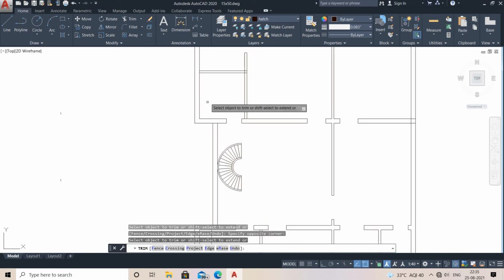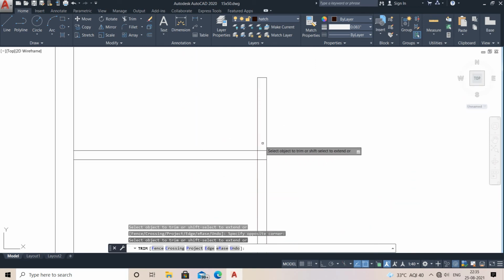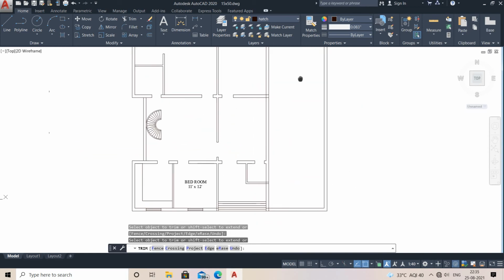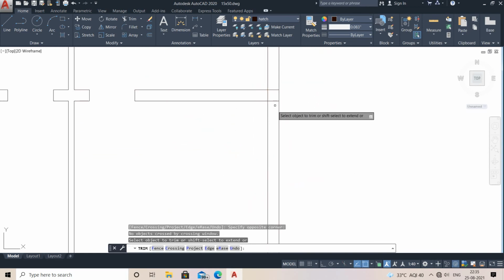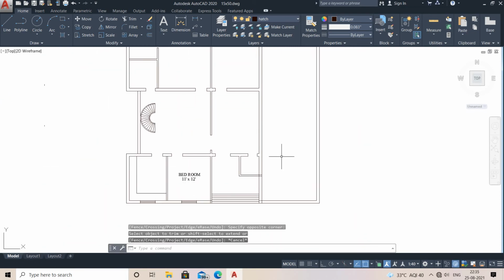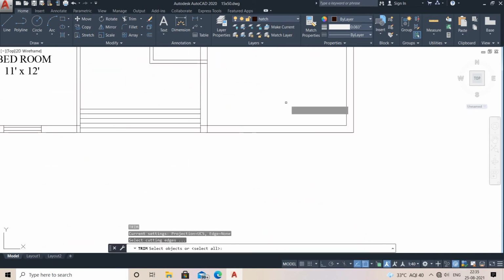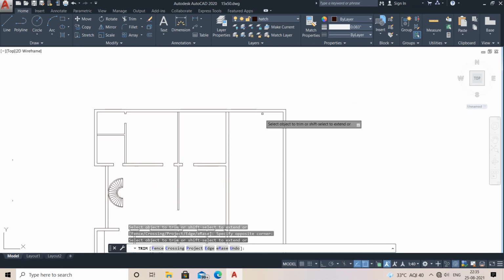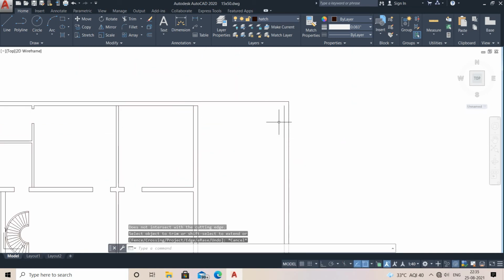See, almost we have done with that, right? So no need to think a lot of things. So here this is my parking, right? So I'm just going to delete this. In the same way here also, and I'm going to extend this.